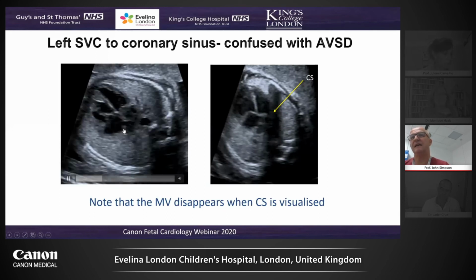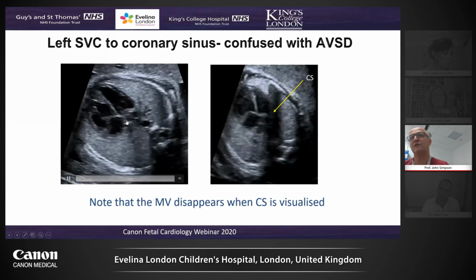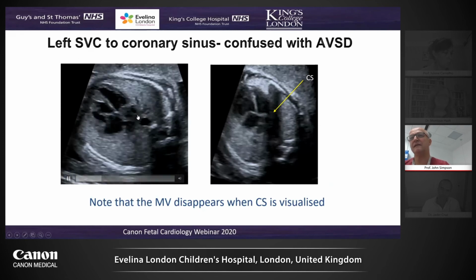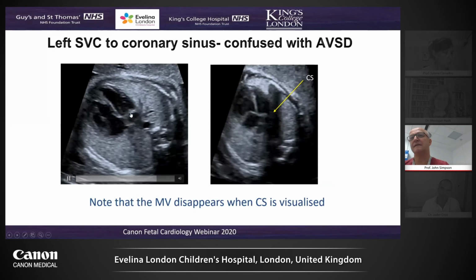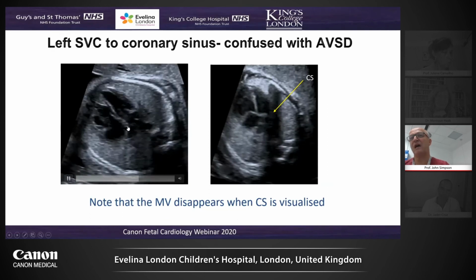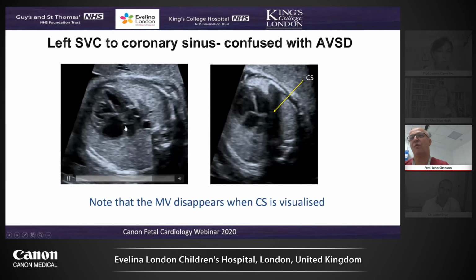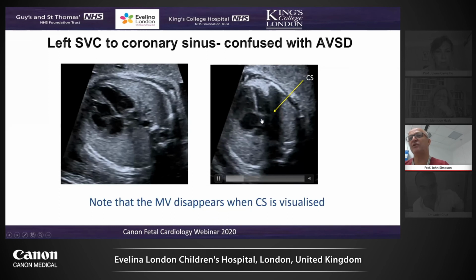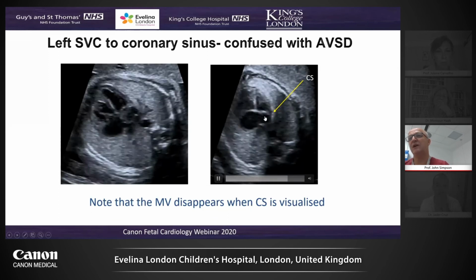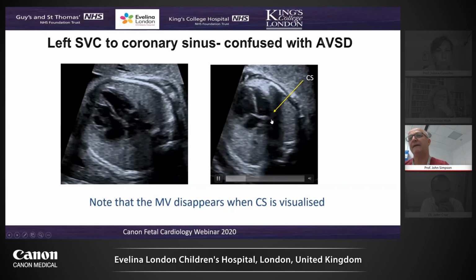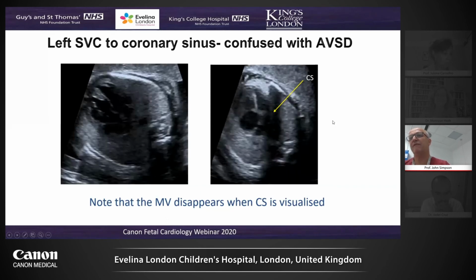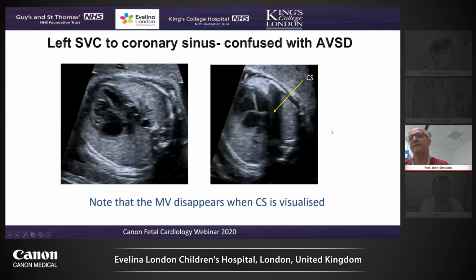AVSD, is this. It's where you have this view where it looks like you've got the normal crux of the heart, and you see this circular structure here. Now this is an enlarged coronary sinus, and this actual primum septum and atrial septum looks normal. But as you scan downwards, below the mitral valve, and really important to see that you don't see the mitral valve opening, to below the mitral valve, you see an enlarged coronary sinus, for which the usual explanation is that